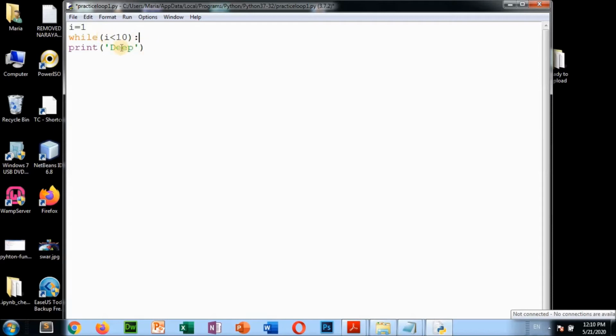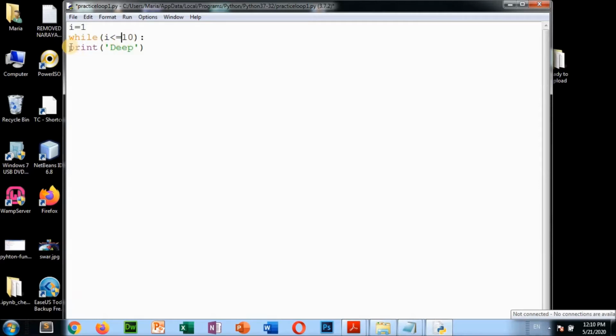Starting from 1 up to 9, so I have to give less than or equal to, then only 10 will also be included. So 1 to 10, 10 times it will execute.